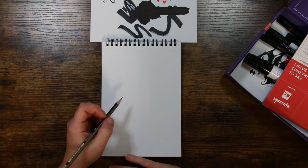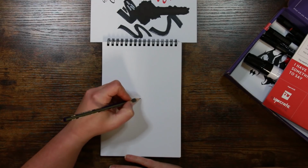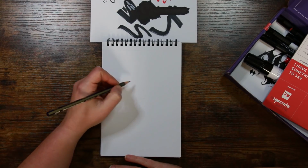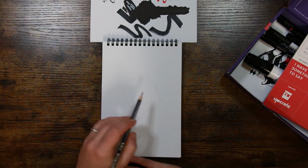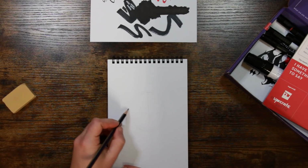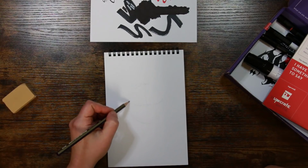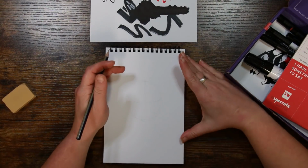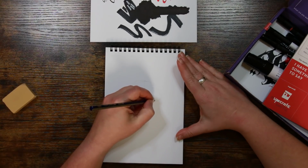The prompt is "I have something to say", and in the interests of still being outside of my comfort zone, I'm going to do something that I wouldn't normally do, and I'm going to draw a person. I'm going to try and use the supplies that I've got to the best of my ability, like showing their characteristics. But again, because I'm not going to go with the lettering thing, that's not something that necessarily will